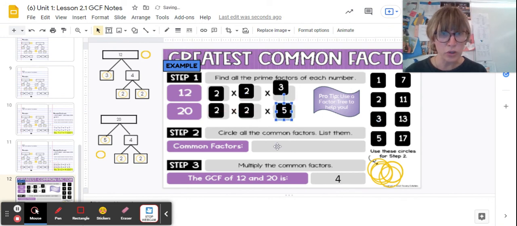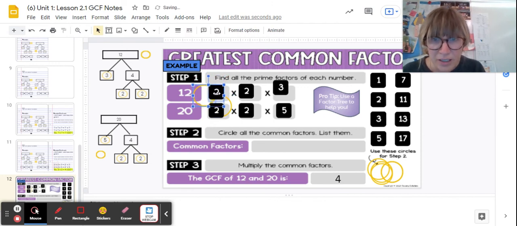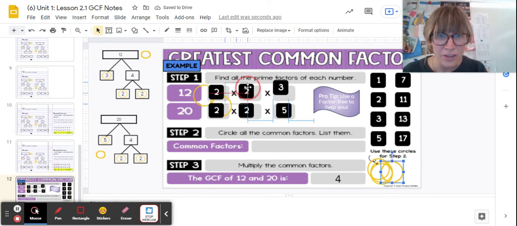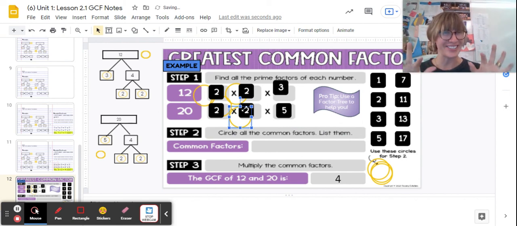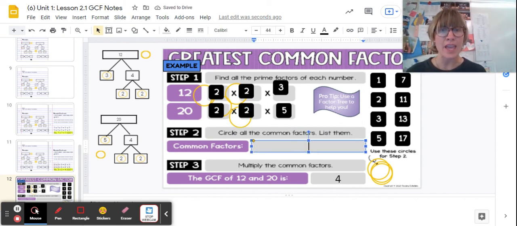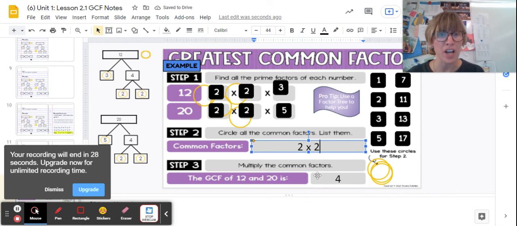And then in step 2 it says circle all the common factors. Okay, so we're going to circle our 2's are common, and our other 2's are common. I don't know why they're going off to the right side, but you can see they're circled. So circle the common factors and then list them, 2 and 2. We can also call them more specifically 2 times 2. So when we multiply the common factors, we see it's 4. The same setup that we had in our notes, organized in this special